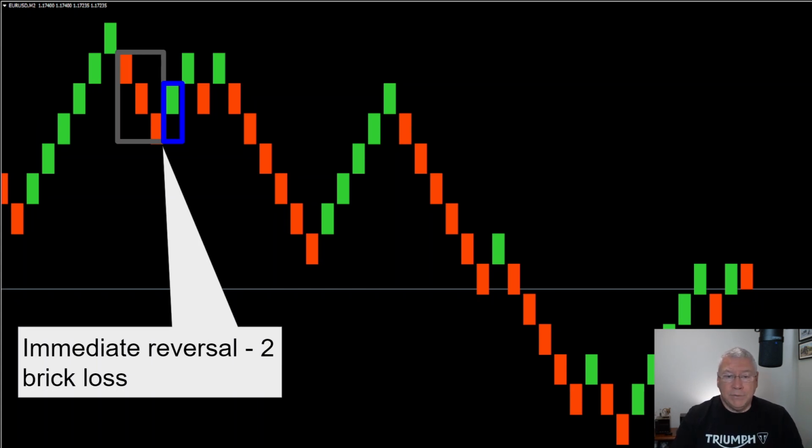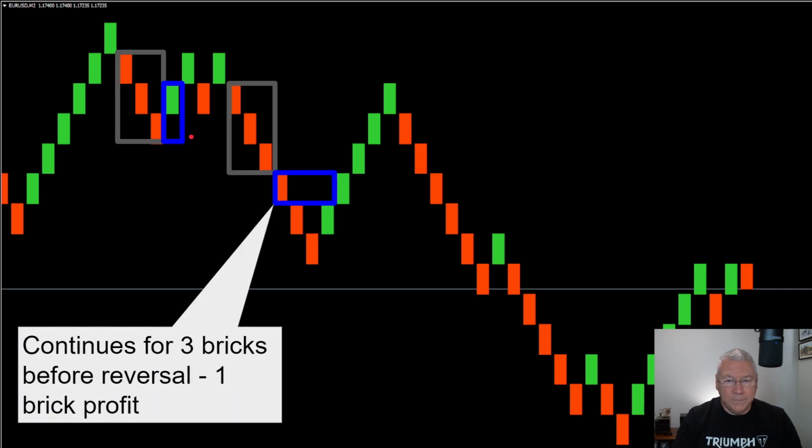But based on the standard strategy, 3 bricks to enter and 1 brick to exit. If there's an immediate reversal, as I've highlighted here, I've got 3 bricks going downwards, and at the point where I make the entry, that trend finishes and I get an immediate reversal. So I'm going to lose by 2 bricks, because by the time the second brick is printed, remember they don't print beside each other,